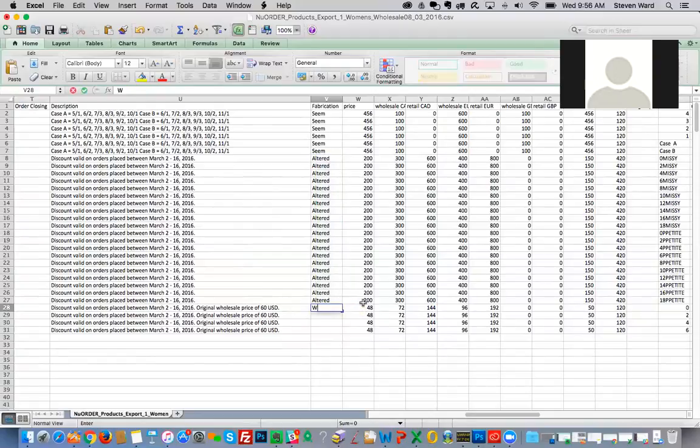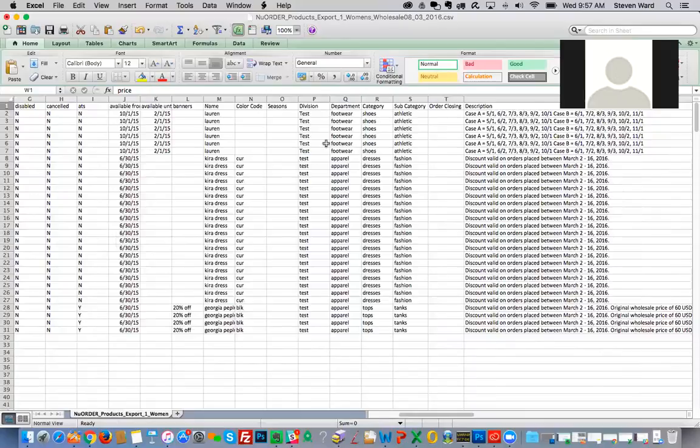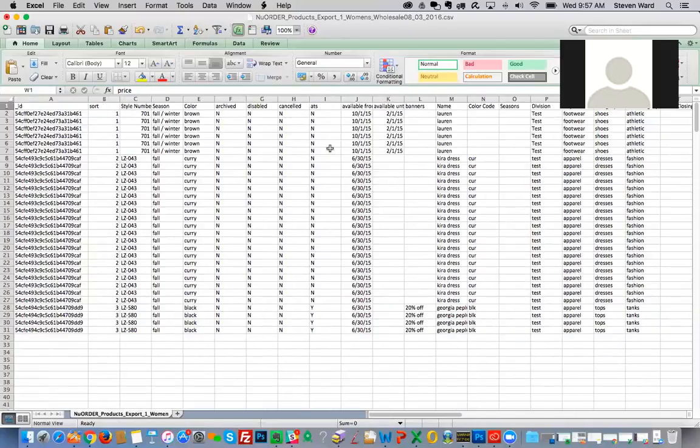And I'm going to put wash here. And so now I've added a fabrication filter and also product detail to my product data. And so now all I have to do is save this and then upload it to my